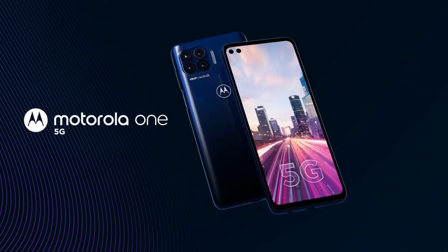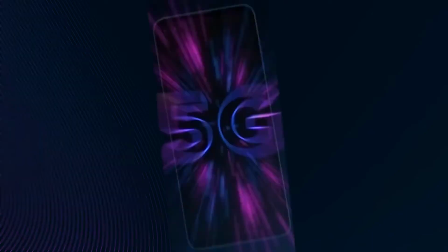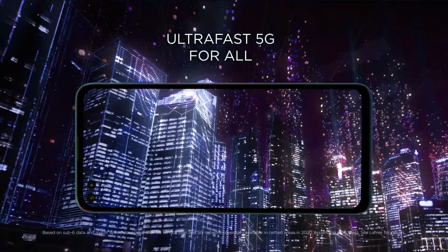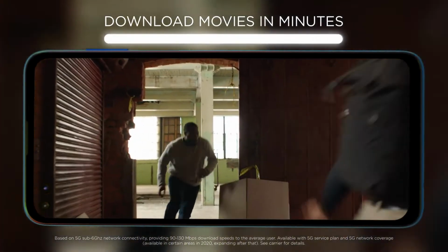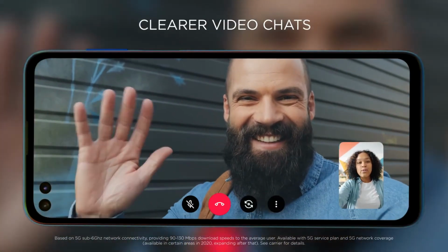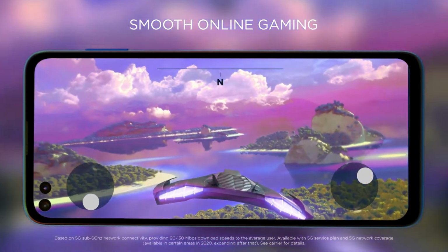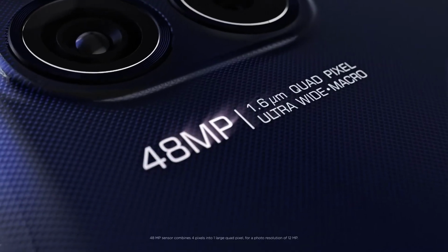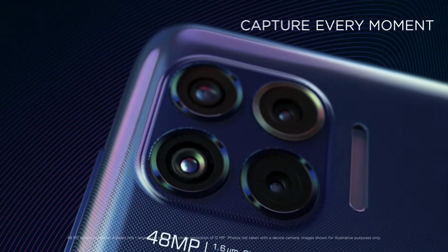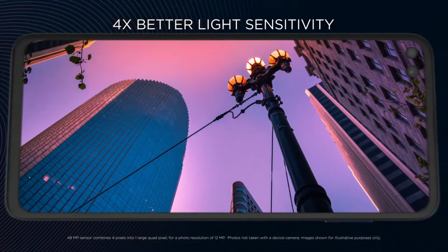Motorola has launched its latest One series smartphone called the Motorola One 5G in the US. As the name suggests, the Motorola One 5G is a mid-range smartphone with 5G support. Notably, the Motorola One 5G is the first smartphone in the Motorola One series to feature support for 5G connectivity. The Motorola One 5G features dual punch-hole selfie cameras, quad rear cameras, a high refresh rate display, stock Android and